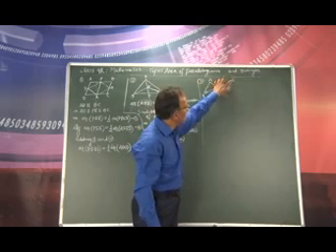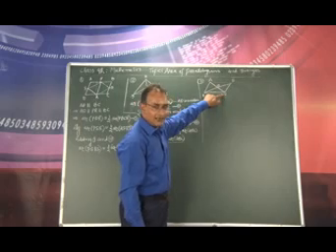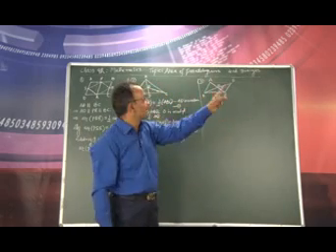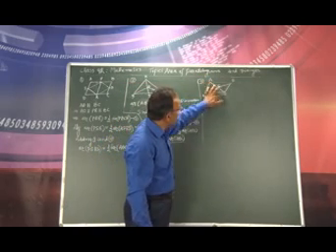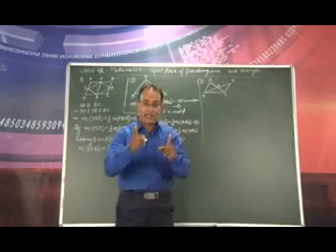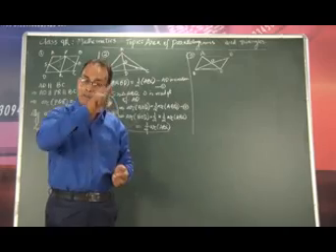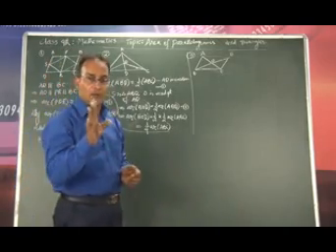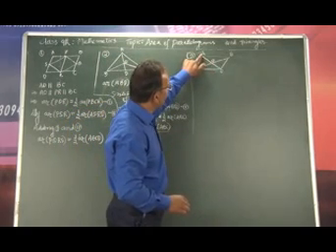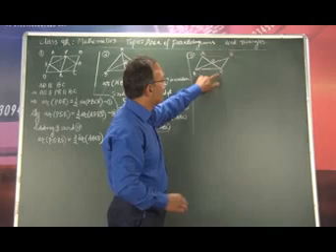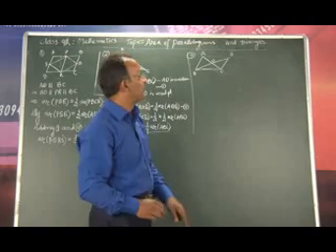We know that ABC is a triangle, right? AC is a diagonal and is also one of the sides of the triangle ABC, and O is the midpoint on AC, is it? Yes, exactly, because in earlier chapter you might have learned that the diagonals of a parallelogram bisect each other. Exactly, if you remember it, the diagonals of the parallelogram bisect each other. So in that way we can say that O is the midpoint of AC.